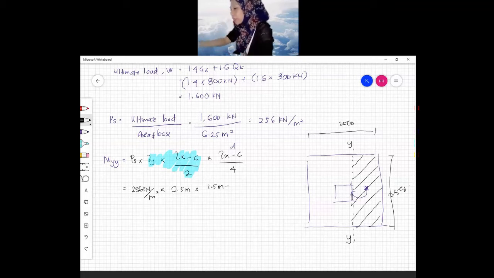So column width, we know that given the question, this is 400, so it becomes 0.4 meter. Divide by 2. Okay, and then times with 2.5 meter again minus 0.4 meter, and you have to divide by 4 according to the